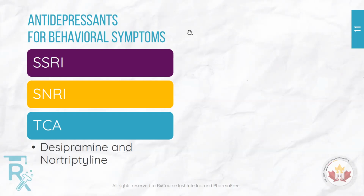Okay, the patient might have the behavioral symptoms, depression and low mood. So we need to give him what? Antidepressants. Which one is used? The SSRI are used, but also tricyclic antidepressants might be used. Okay, and it has been studied because tricyclic antidepressants,